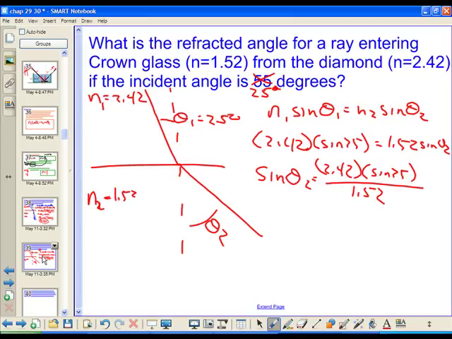Sine 25 is like 0.422 something, times 2.42, divided by 1.52, and I get a sine of theta 2 of 0.672853 thereabouts. And so when I take the arc sine, Mr. Rizzo, do you not round it? Well, I wouldn't round too much before you